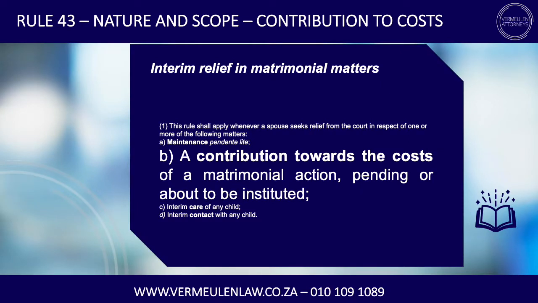Then let's look at the second thing that one can deal with in Rule 43, and this is a contribution towards the costs of a matrimonial action pending or about to be instituted. And some of the most bitterly fought Rule 43s that I've seen have been fought over this contribution to costs. And one can understand why. In an acrimonious divorce, the last thing that a spouse wants to do is to pay for the lawyers of their spouse to make their life difficult. So these are generally quite hotly contested